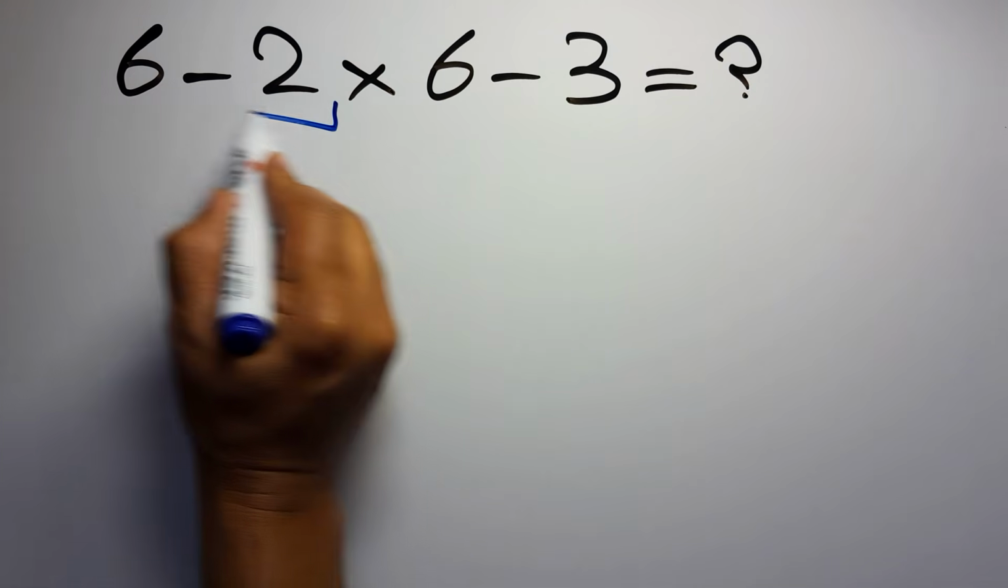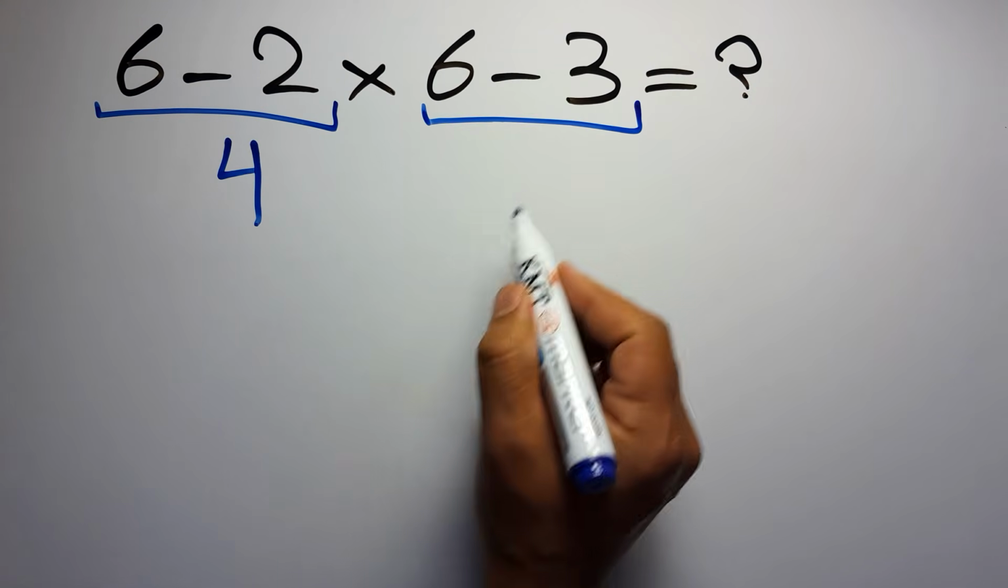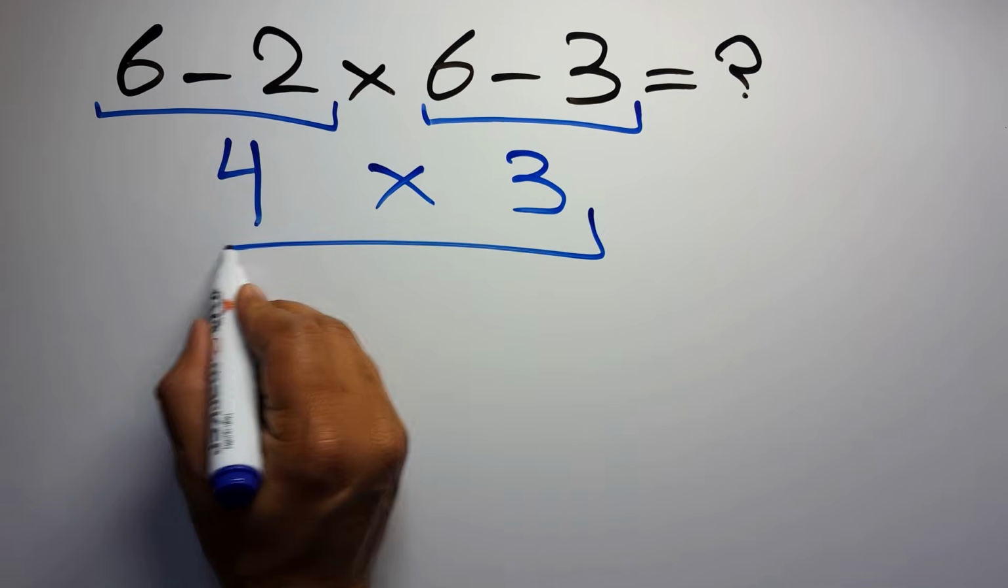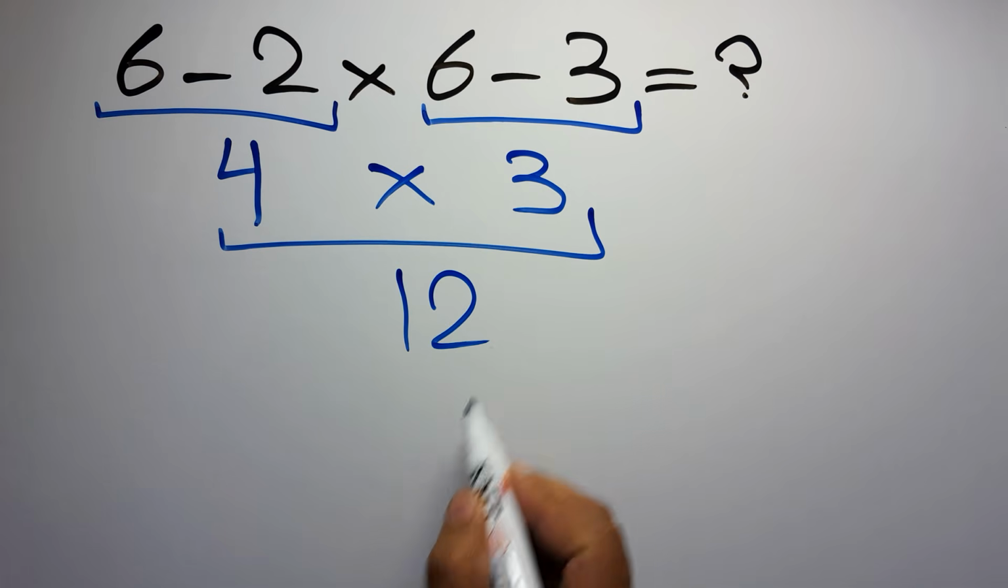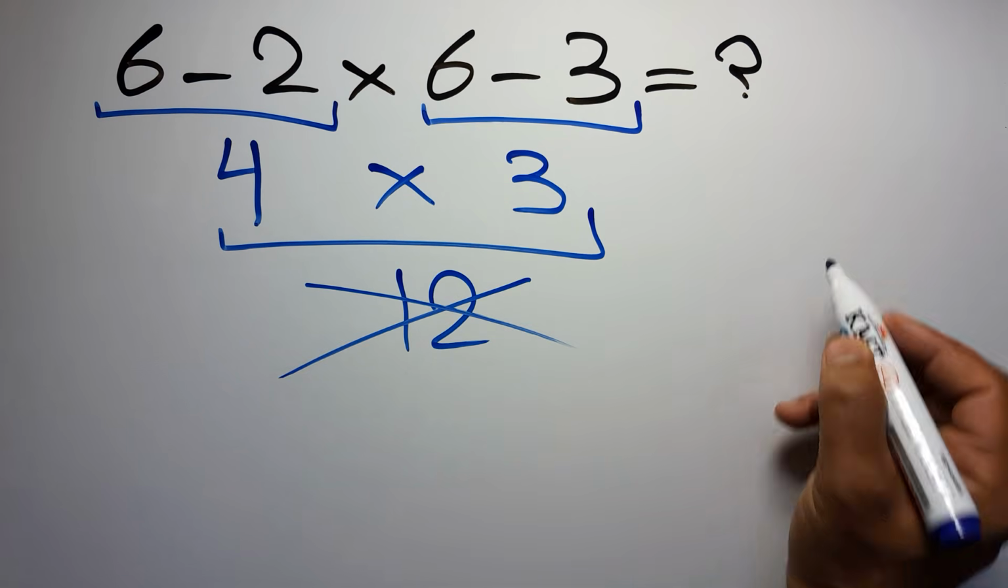6 minus 2 gives us 4. And here we have 6 minus 3, which equals 3. So 4 times 3 gives us 12. But this answer is not correct, because according to the order of operations, which is PEMDAS,